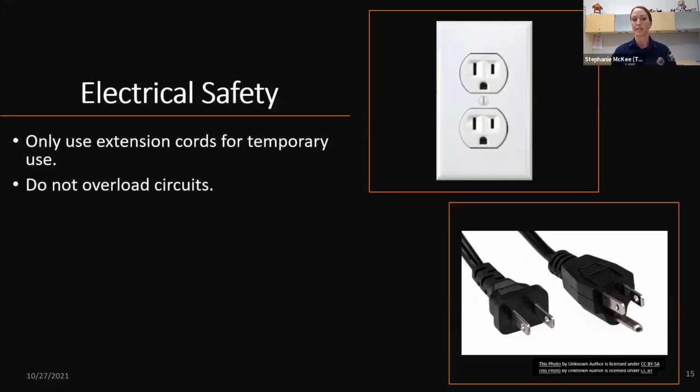All right, so electrical safety. Only use extension cords for temporary use. Extension cords are designed for portable, small appliances for temporary use, so up to 90 days. So think about Christmas lights, that's temporary, at least in some neighborhoods, maybe not, some people forget, but up to 3 months. And then really smaller things, so like a box fan, power tools, an electric lawnmower, things like